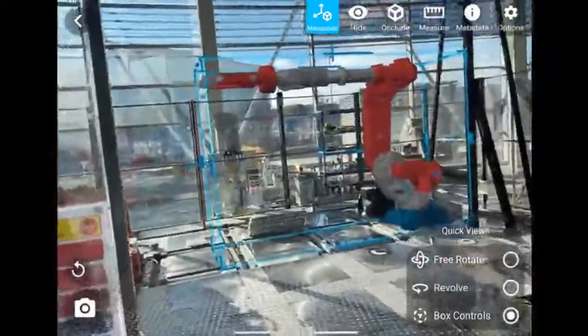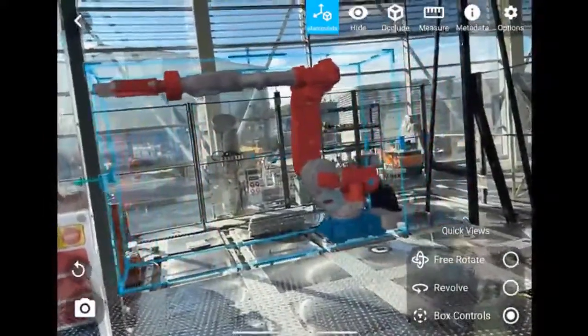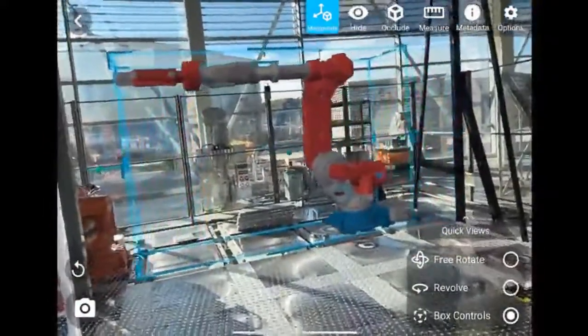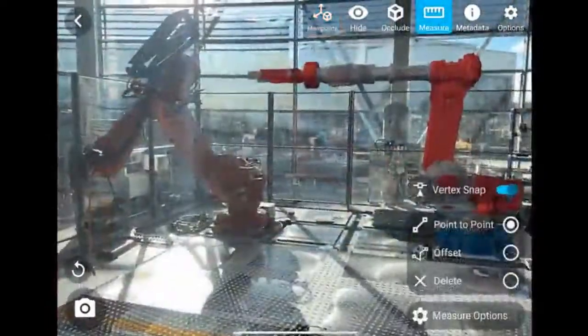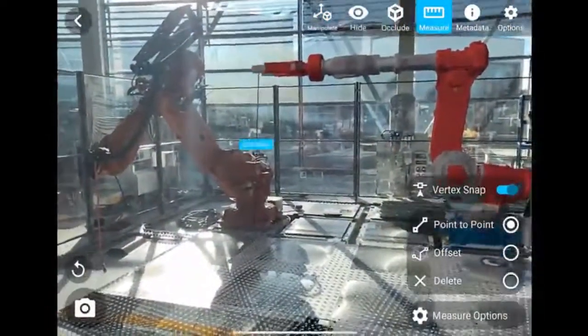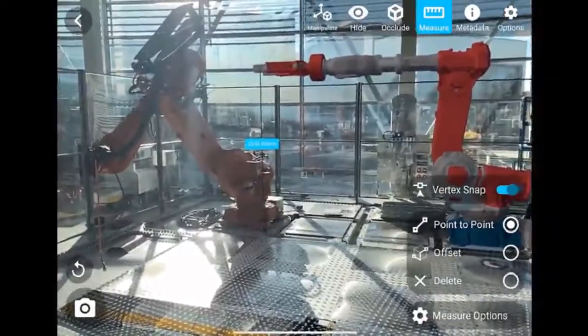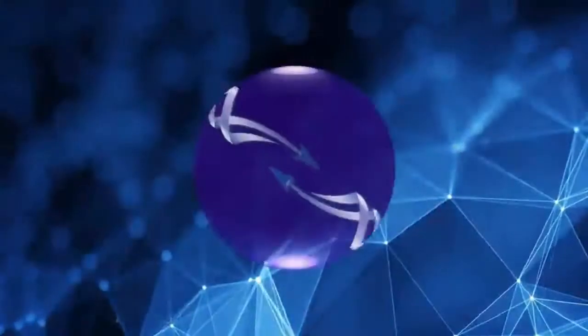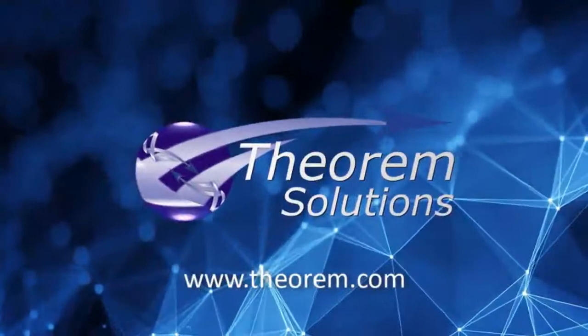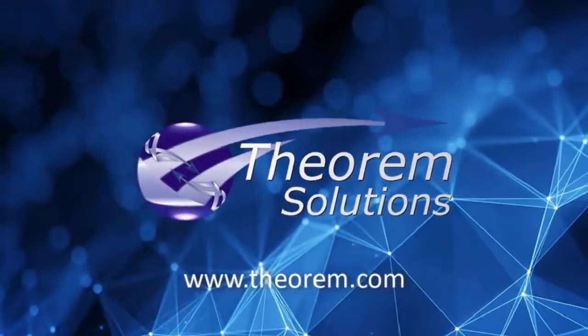And finally, this is just a view on the tablet. So just to round up, really showing Theorem AR and using the tablet to, in this instance, apply a digital representation of a new robot layout and determining dimensioning against that environment. Will this fit, and is this proposed design going to fit? And that's it, really, as a potted overview of